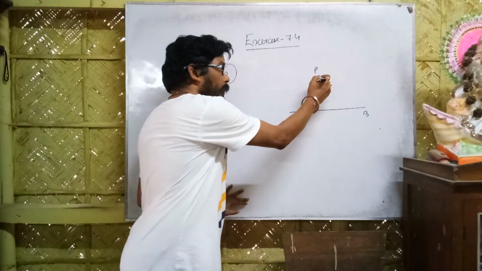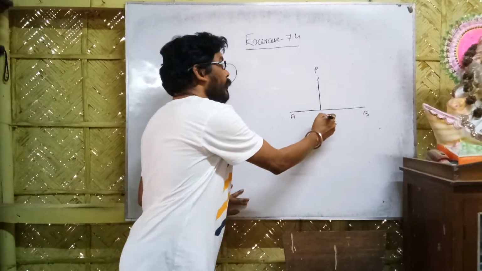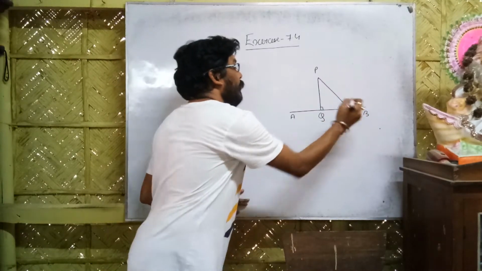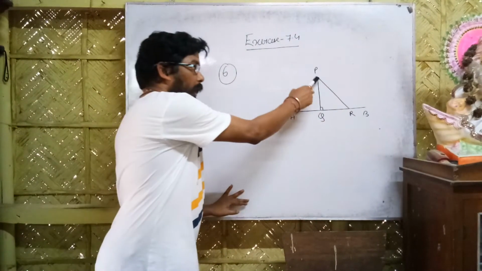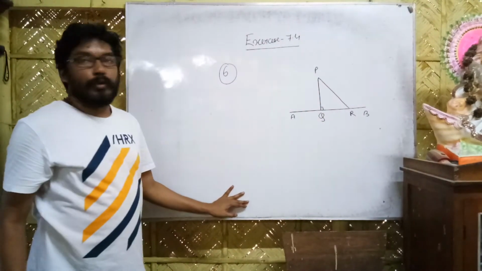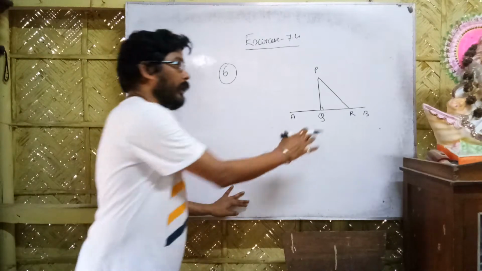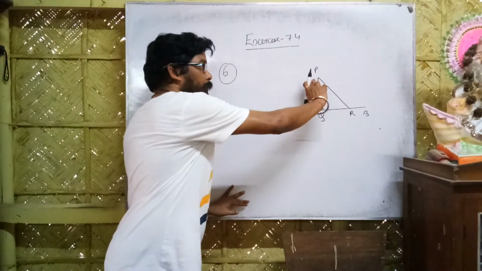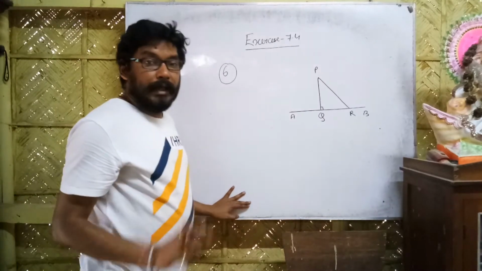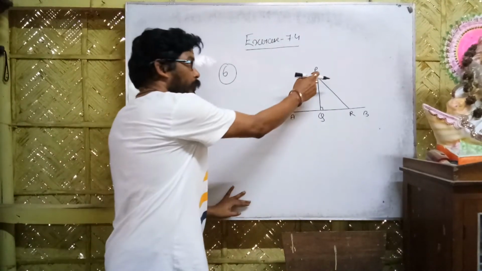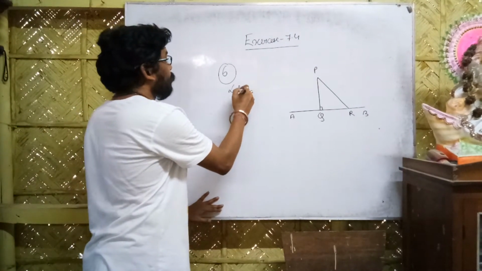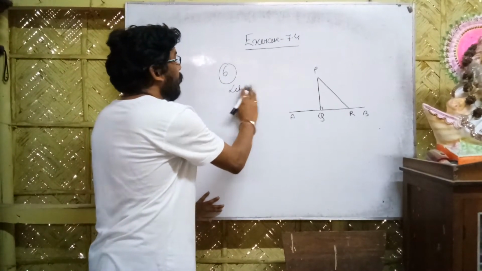Here we will draw just two lines. One perpendicular, PQ, and the other line PR. PR is one line and PQ is another line drawn from P on AB. I have to show that PQ is the smallest, because they have said the perpendicular line segment is the shortest. Here the perpendicular is PQ. So write the given part. Let AB be a line segment.